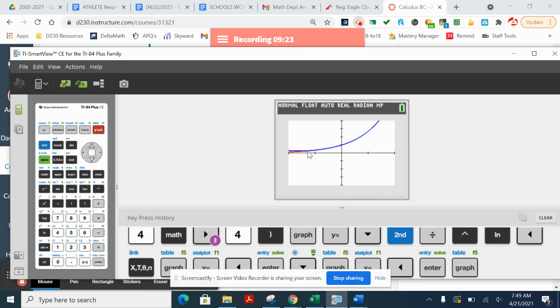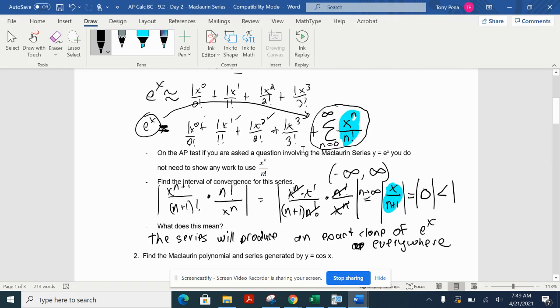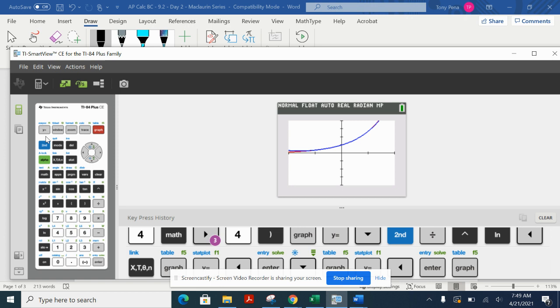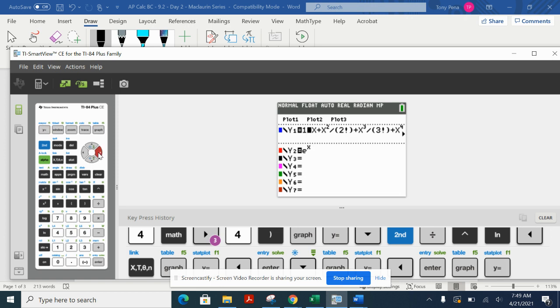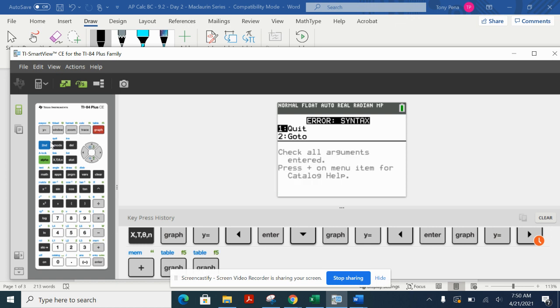But if we wanted to make this even more accurate in both directions, all we would need to do, and we won't do it now, I think we understand this and we talked about it before, is just add more of these terms here. I stopped at x to the 4th over 4 factorial. Notice there's nothing after that. But if I wanted to go ahead x to the 5th over 5 factorial, x to the 6th over 6 factorial, and just continue on forever, what's going to happen is slowly but surely you wouldn't be able to distinguish between